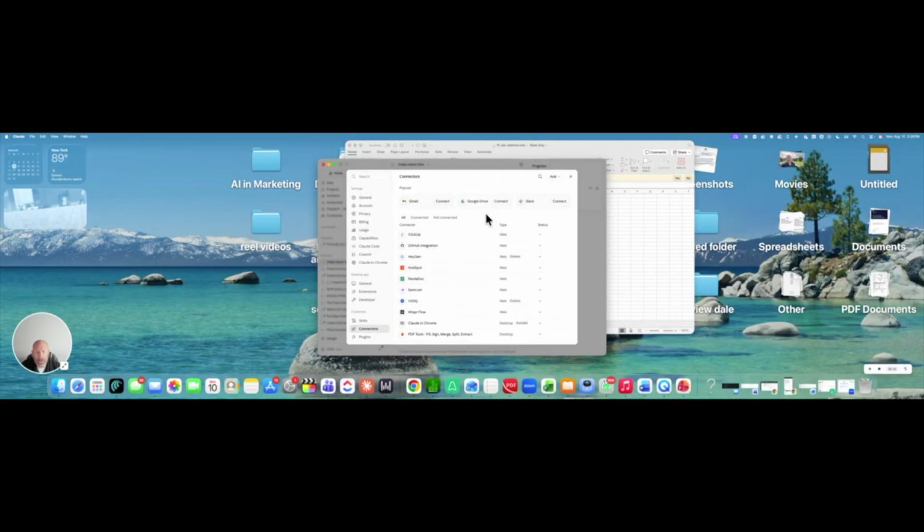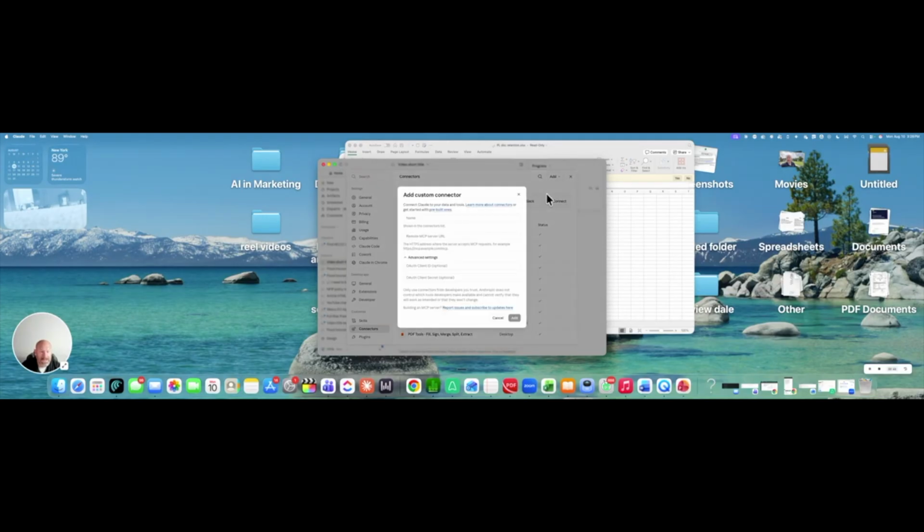Here you could go into Claude and search for your HubSpot connector. It'll tell you the status, the type, and all this stuff. If you wanted to add one, you would go to add a custom connector, and then name your connector like I did for vidIQ, and then put in the remote MCP server. And what I will do real quick is show you